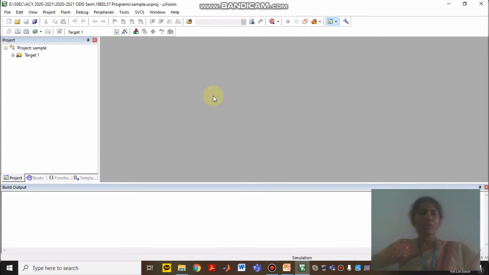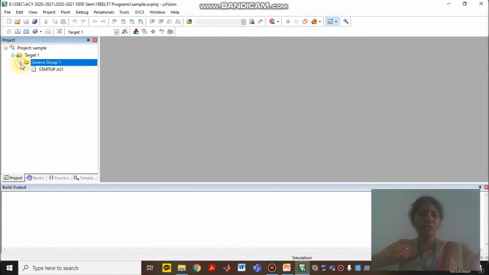Yes, override it. As soon as you give that, before giving it you had a plain screen in this project window. This particular window is nothing but your project window. Once your project is created, you will get the name of the project that you have given, and Target. Inside the target you have a Source Group.